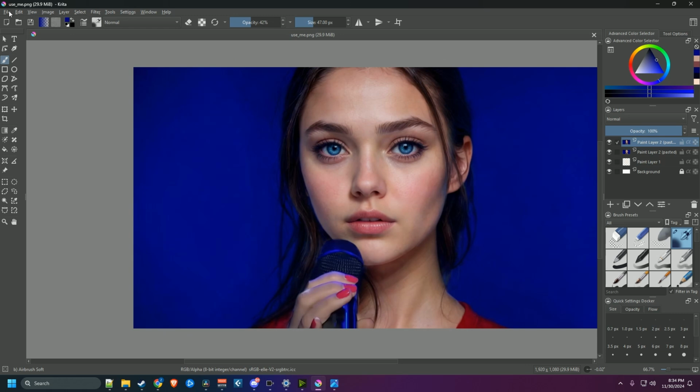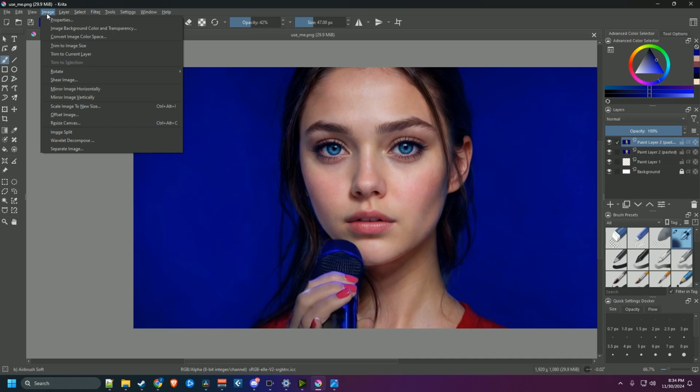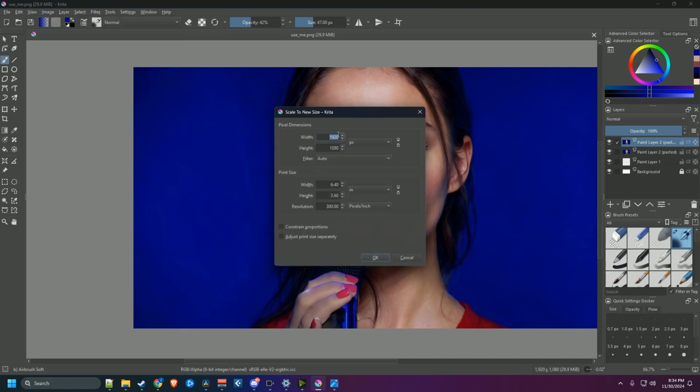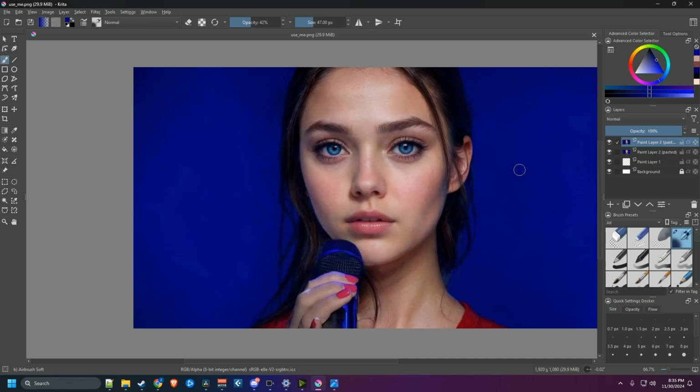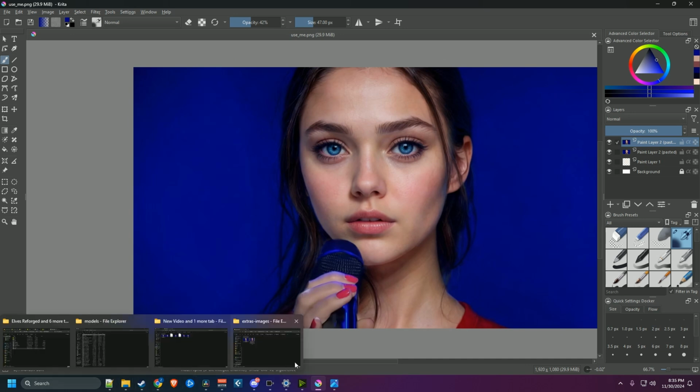So either make a new file or use the same one that's open. All you have to do is just go back to your image, and then you're just going to look for a scaled image to image size, new size, and then change it to 1920 by 1080. Hit OK. And then what you want to do is go back